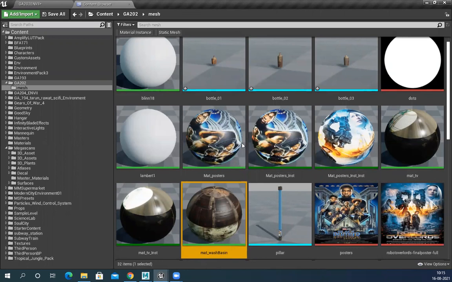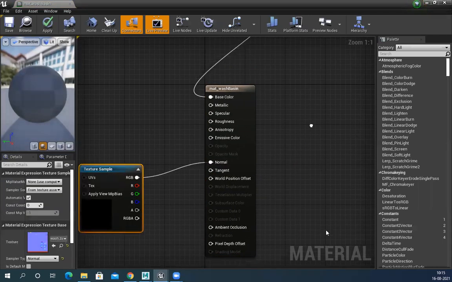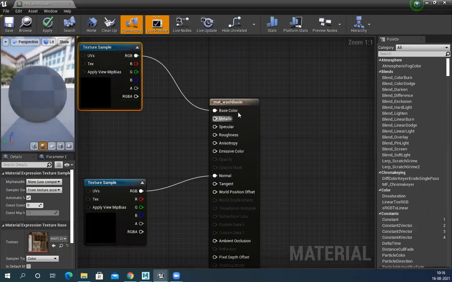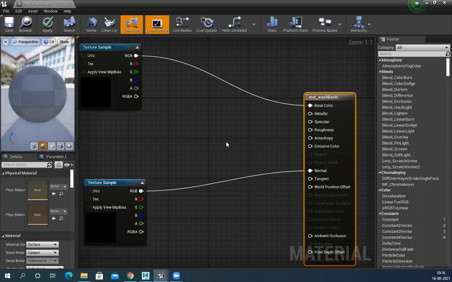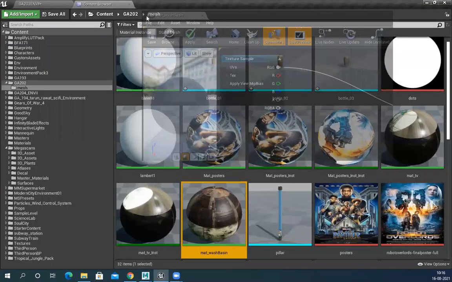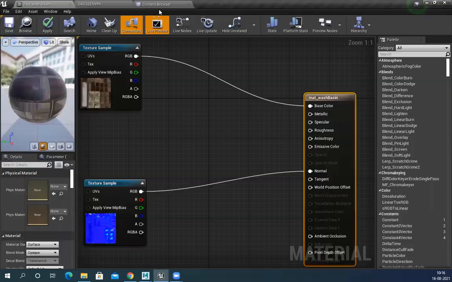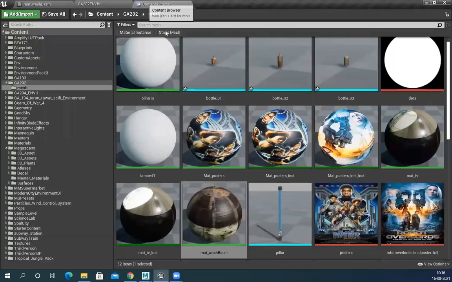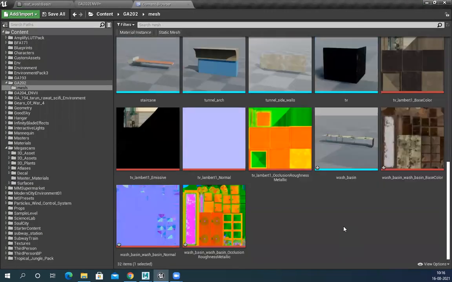So you'll see automatically that normal and base color is already connected. This is the benefit if you apply the texture in your Max or Maya, and then export the model, it will automatically load the texture. And I need this other map, this map.